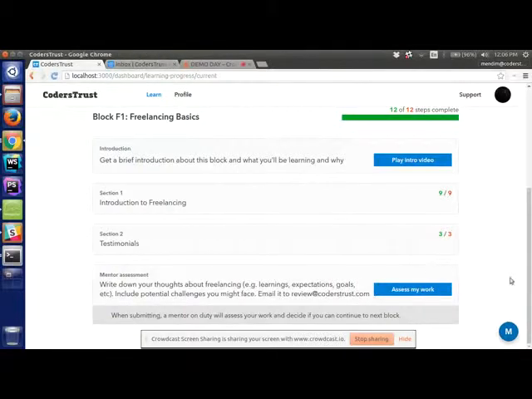Oh, this is just an example, right? Yes, so this is what we call the mentor assessment. This is our way of not letting students get totally out of control. So they cannot just go through 10 blocks and then we realize that they can't do a simple thing like creating their Upwork profile, right? So this is our way of quality controlling the students, their skills, and if they understand what they're doing.